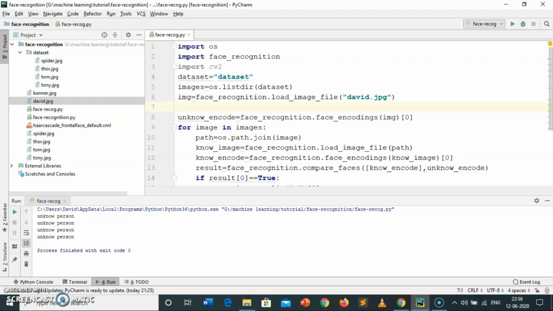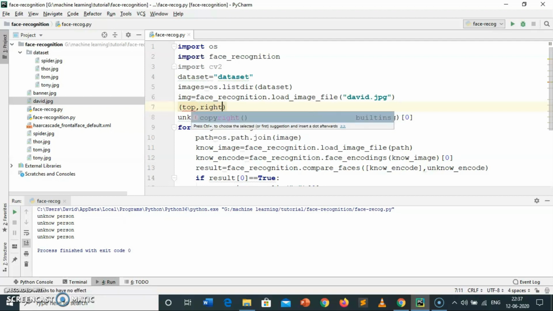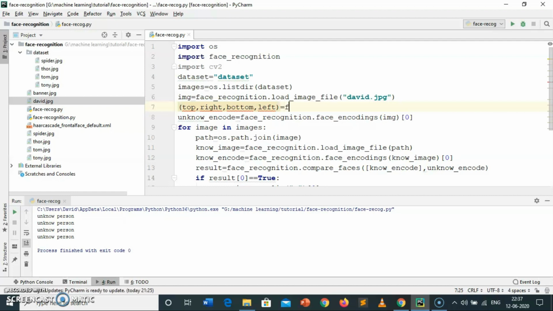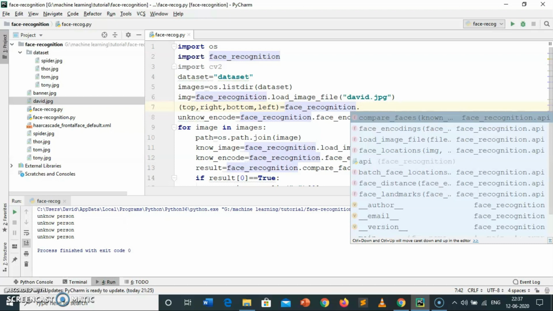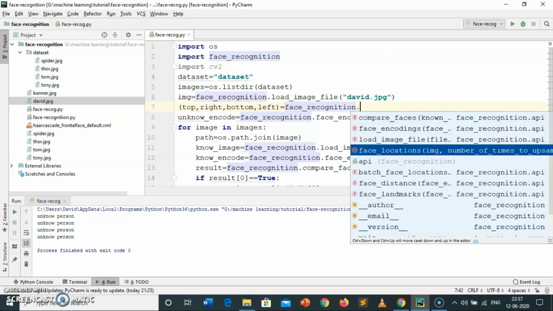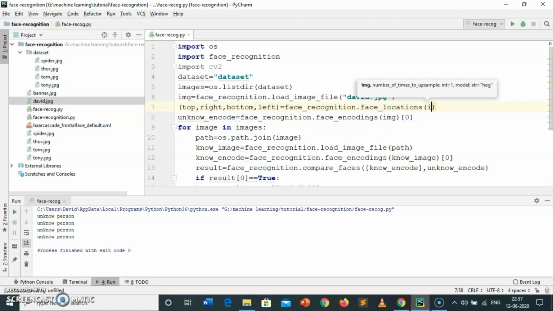So let's say top, right, bottom, left equal to face recognition dot face location, and provide the image, that is the img, and here the 0 index. Now we have the 4 coordinates, so we can draw the rectangle on the images.